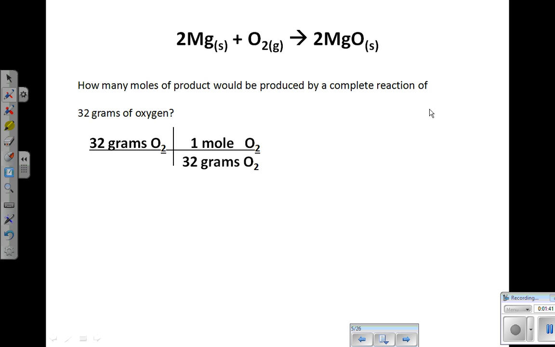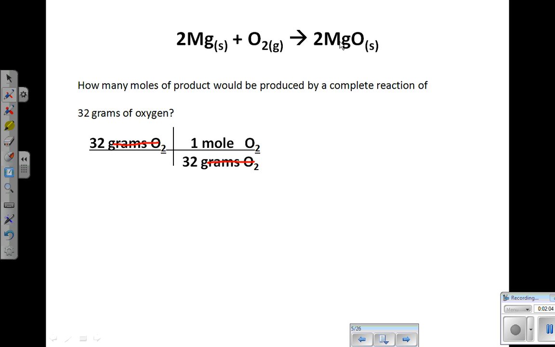And we're going to set that up as our next conversion factor in our dimensional analysis problem. 32 grams of oxygen is equal to 1 mole of oxygen. That will cancel out. So now we are at moles of oxygen. We can bring moles of oxygen down in our next step, and we're going to convert moles of oxygen to